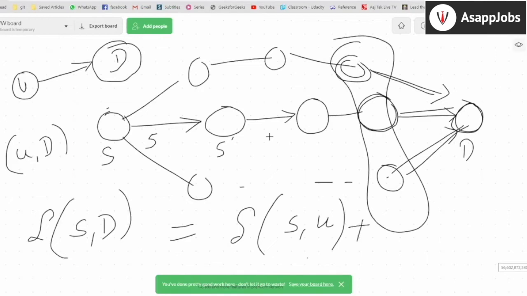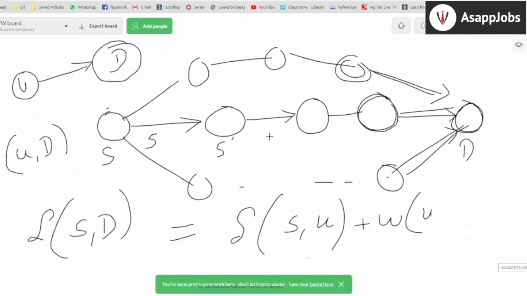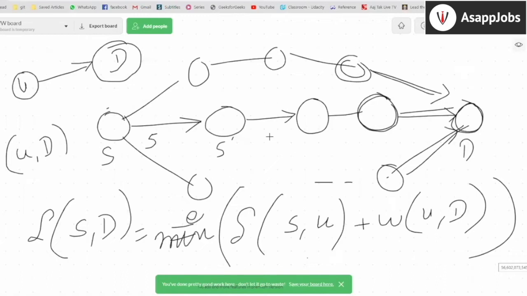And then I have the weight of the edge, which is U to D. And then I minimize. So over this value, I minimize it for all U.